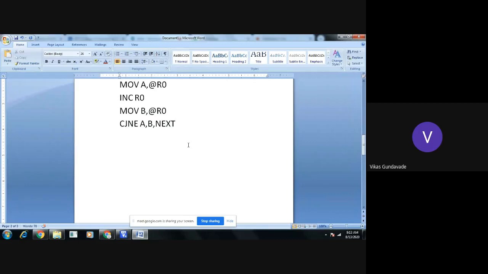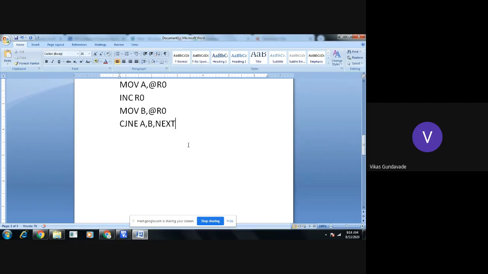We have taken one number into the accumulator, the second number into the B register, and now we are comparing these 2 numbers. Whenever we write the compare and jump if not equal instruction, this comparison takes place only between the accumulator and B register. So we take the 2 registers as CJNE A, B.